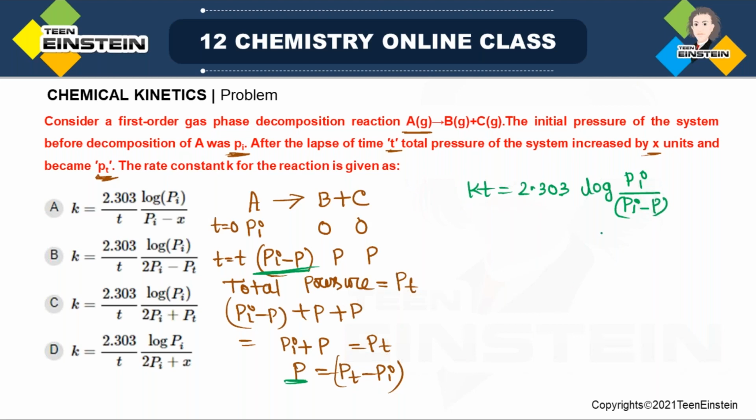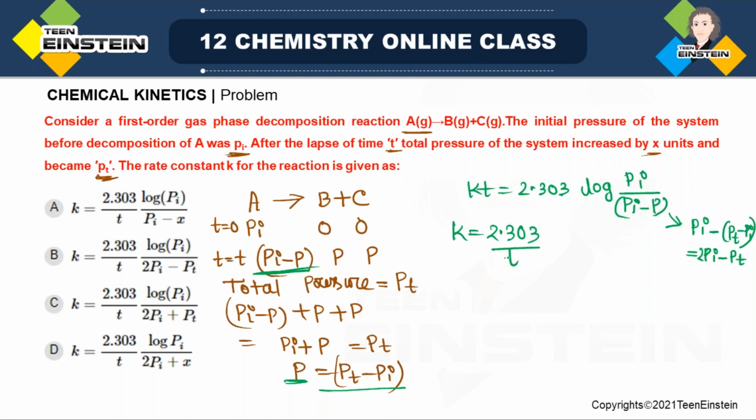So Pi minus P, this is actually Pi minus Pt minus Pi. That is, I am putting the value of P here, taking the help of this equation. So ultimately it will be 2Pi minus Pt, because minus minus will be positive. So ultimately the value of k